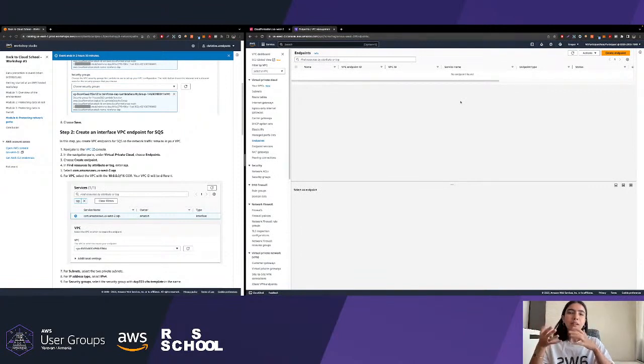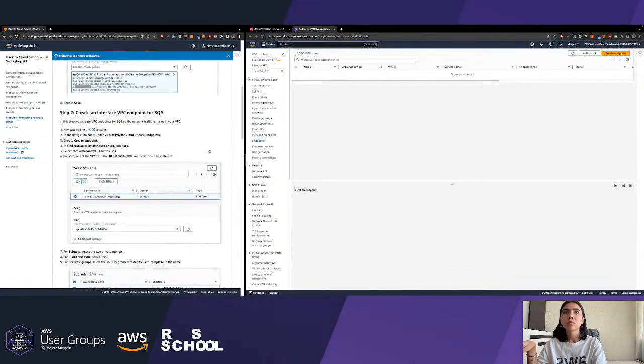So in AWS, guys, you are provided with two options of VPC endpoints. First ones are interface endpoints and the other ones are gateway endpoints. Gateway endpoints are for two services, S3 bucket and DynamoDB. And the other ones are for the rest of the services that could use VPC endpoints.